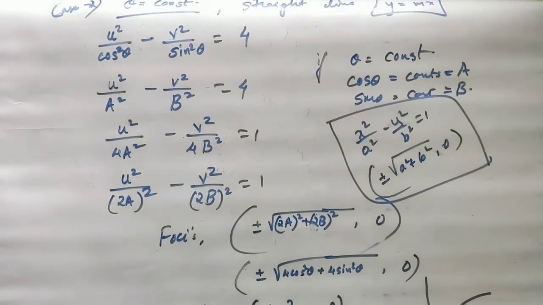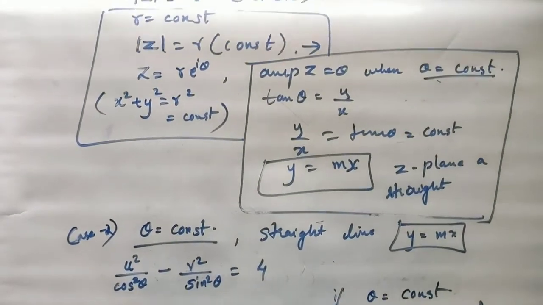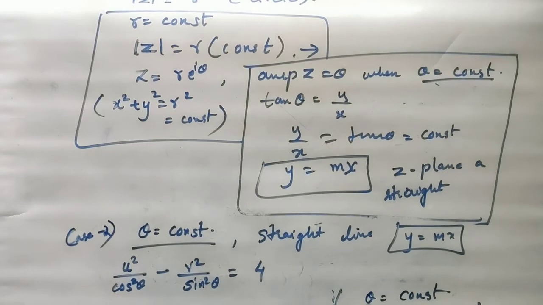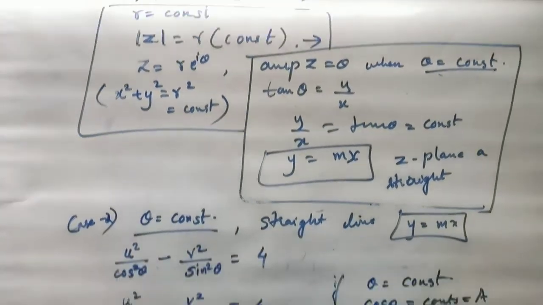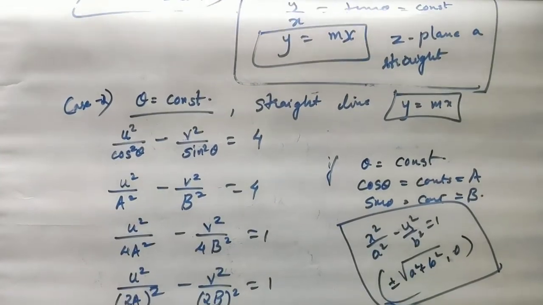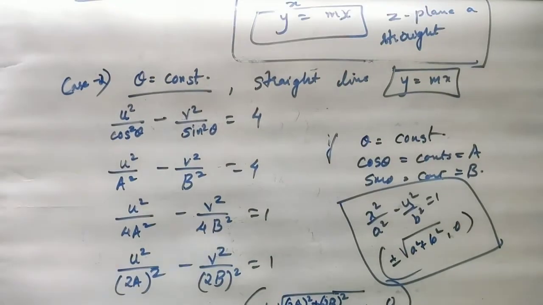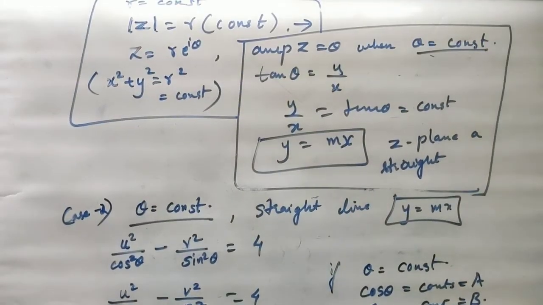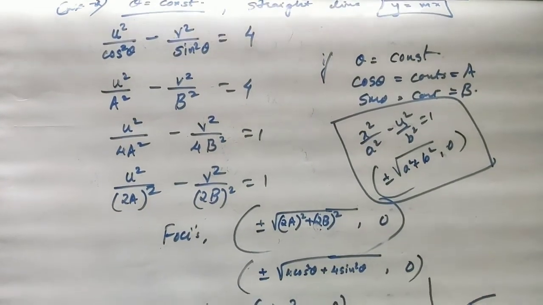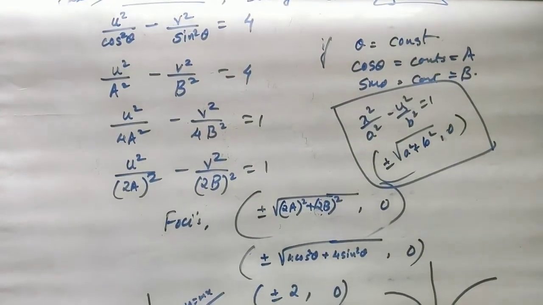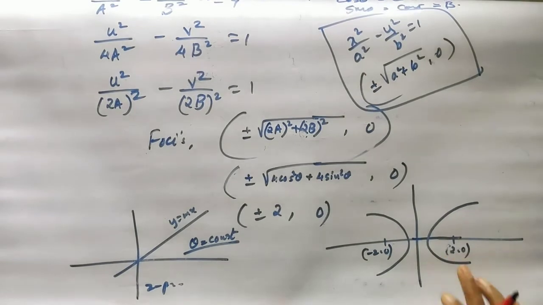So you need to remember two important points, that is eliminating theta and eliminating r from the given expression. Just consider r as constant and theta as constant and discuss what they are being transformed to. Theta as constant, you get a line. If r is constant, you get a circle. The circle is transformed to an ellipse, whereas theta, when it is constant, it is a line, transformed to a hyperbola like this.